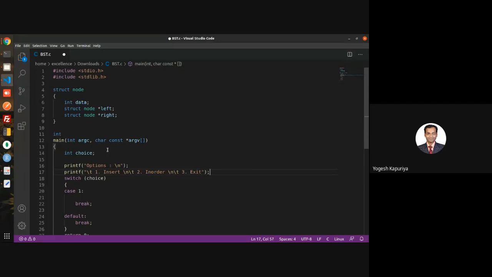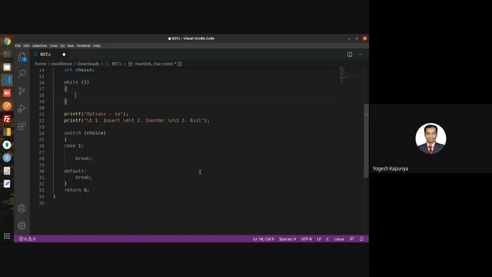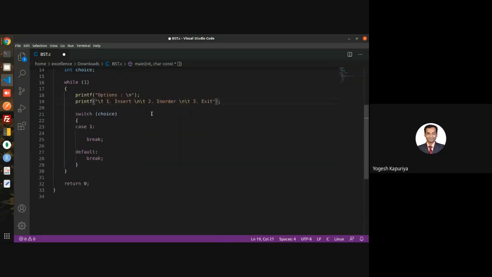So you will have to write down something like this. You require some exit, and this entire choice taking will go inside the loop, which will run infinitely. So while 1, and then inside that you write a switch.